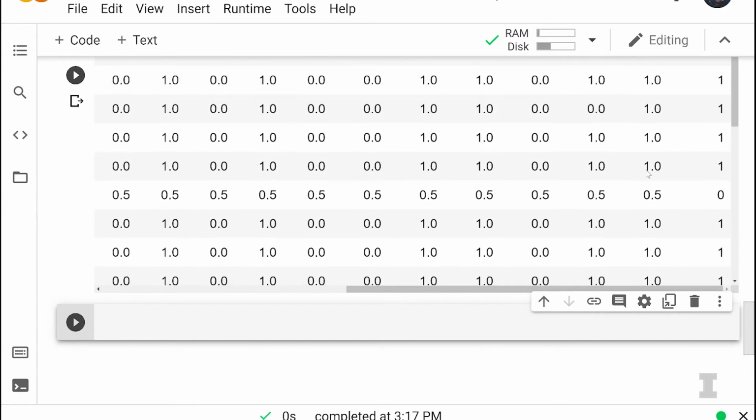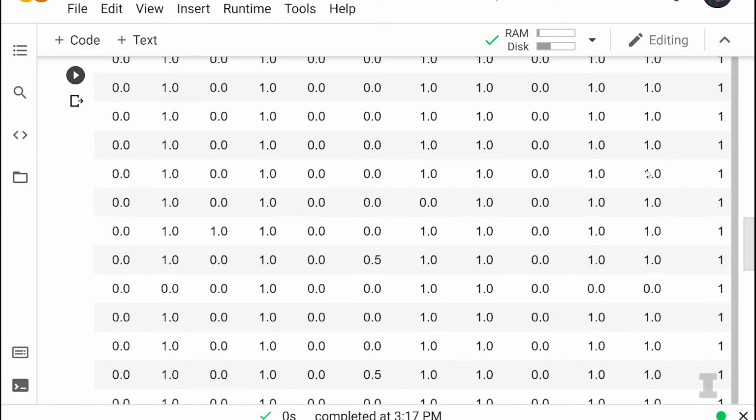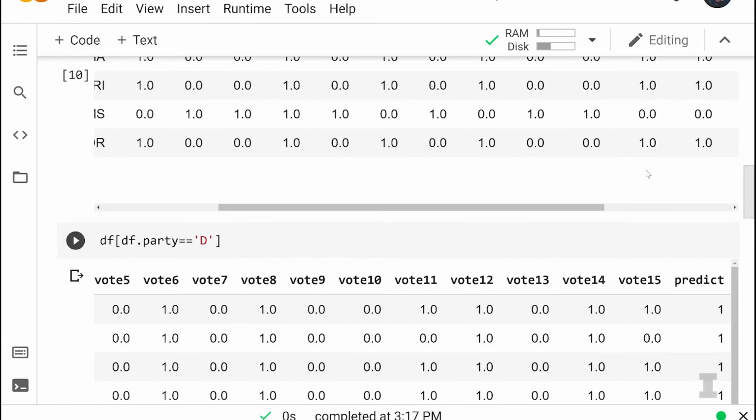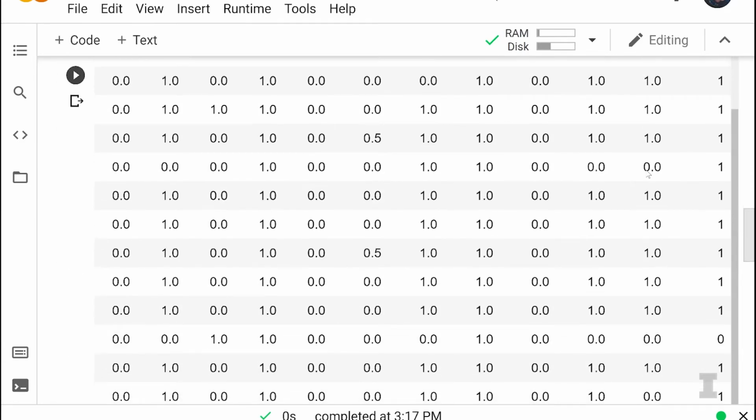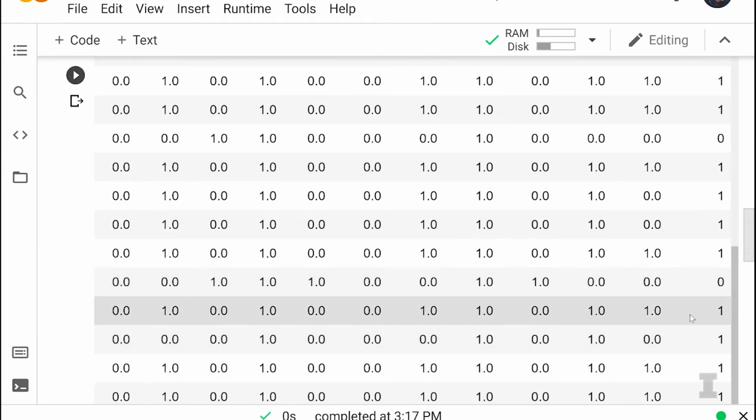Let's see. It looks like most of them have ones. I see a couple zeros, but mostly ones. So if we think there's a predictability of a party, we see that most of the Democrats have a cluster of 1.